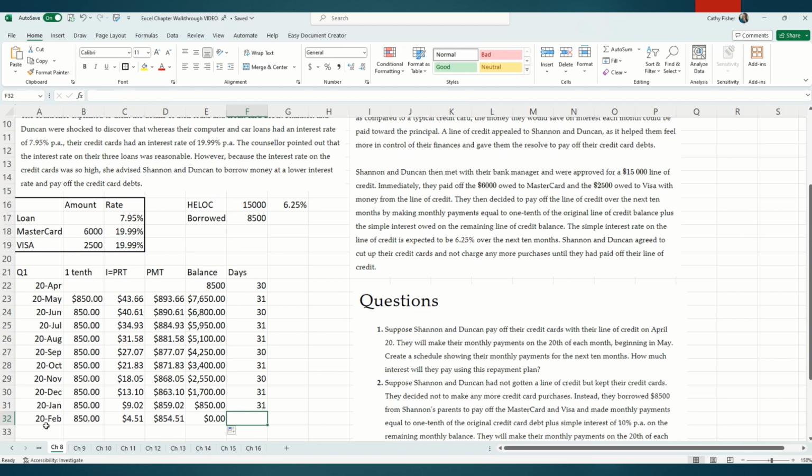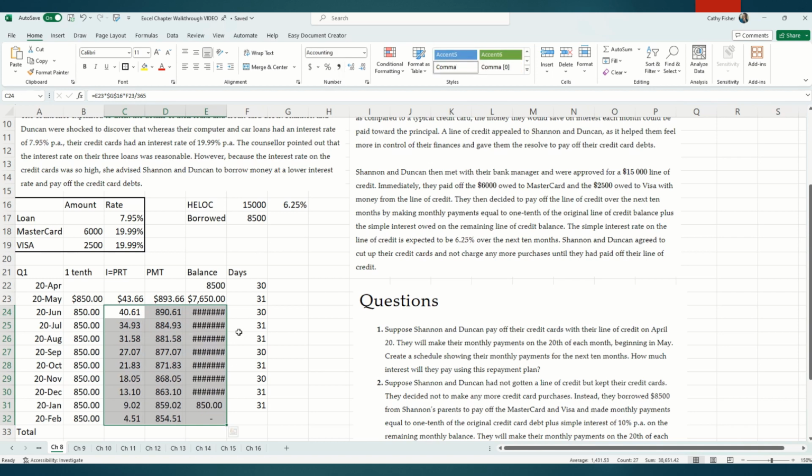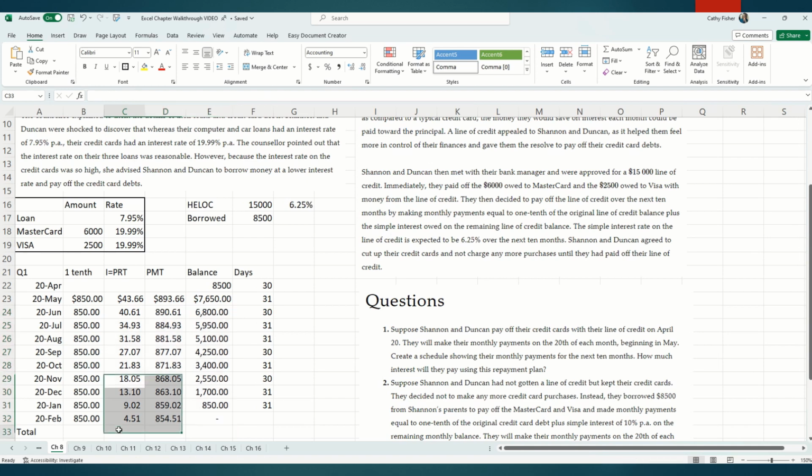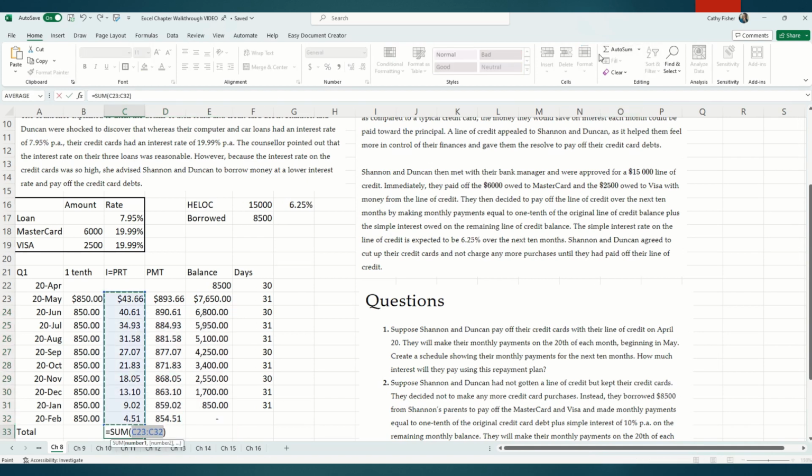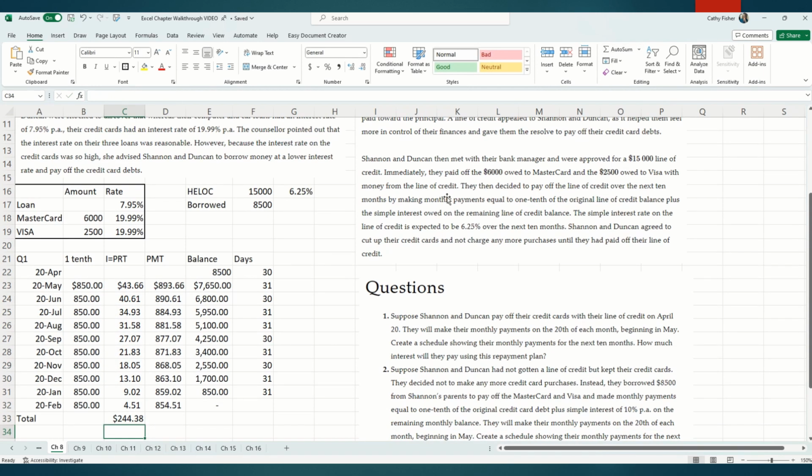If I want to find out what my total interest is, I'm going to do total, and I will just sum up the values here. But first I really want to change this because there's too many dollar signs. There we go. To make it a little bit bigger. And I will just do an auto sum, and that should answer our first question, which is how much interest,